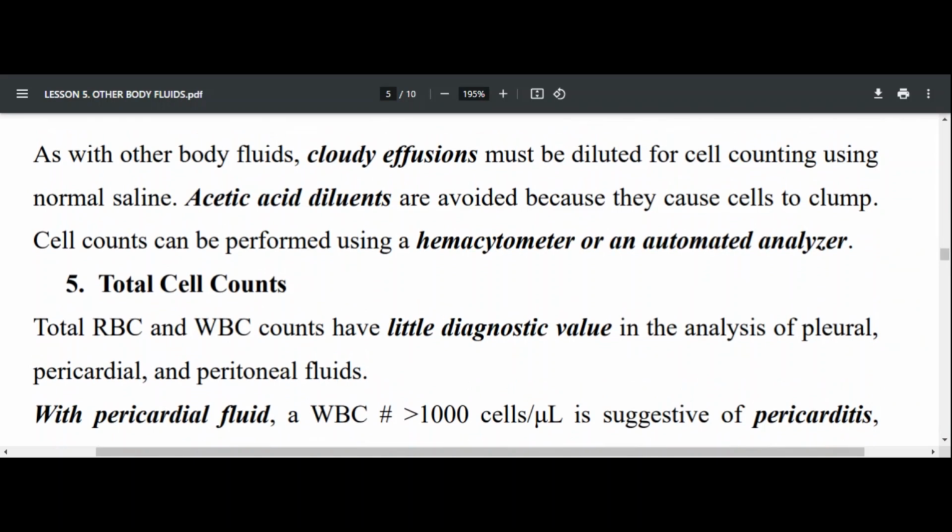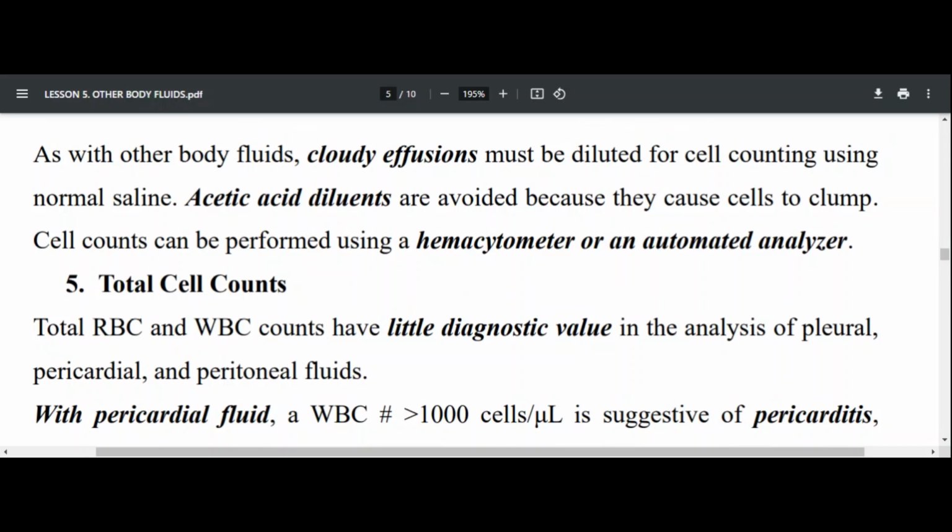So we must use normal saline to dilute our effusion fluid in order to allow distribution of cells and enable us to count using a hemocytometer. With the hemocytometer, we just have to multiply using the formula, considering, of course, the dilution factor. Depending on which dilution factor we use, maybe you can use 1/20 or 1/100, depending on the